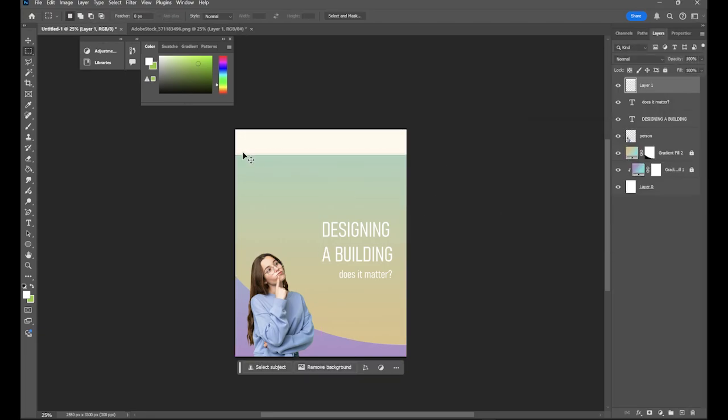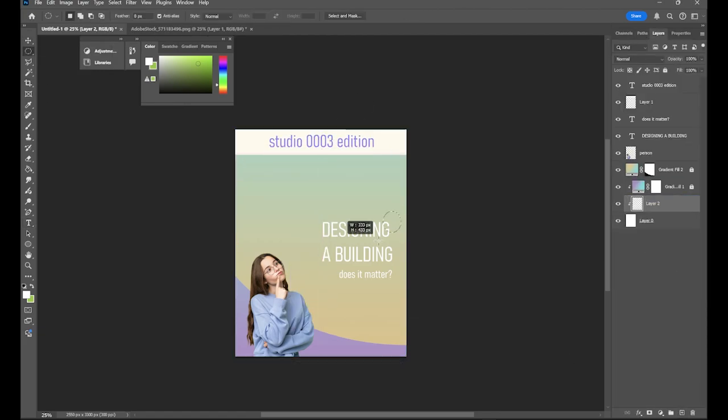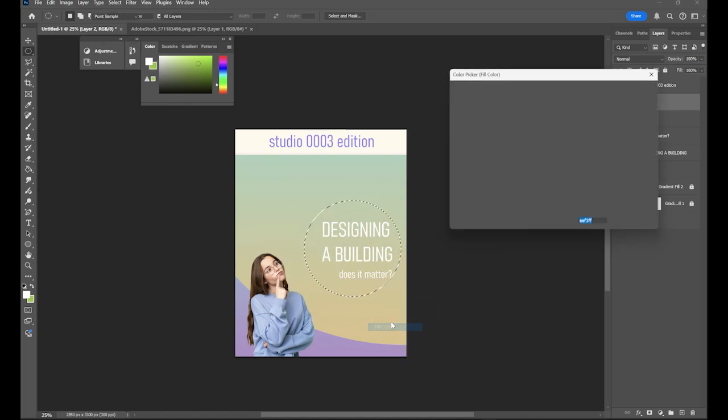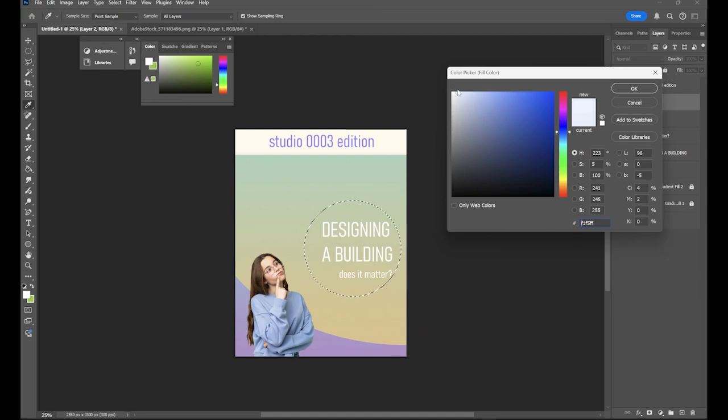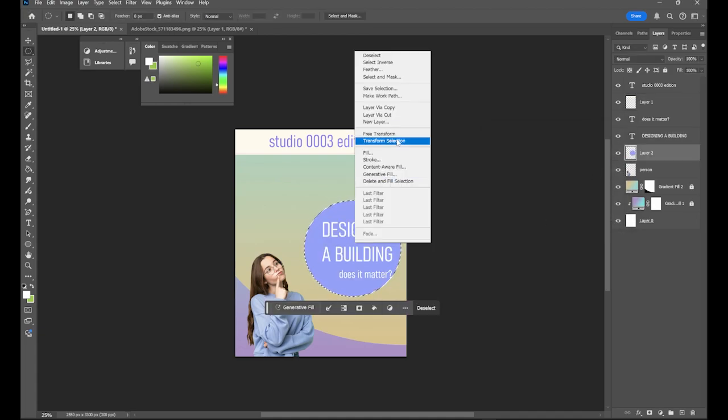And then at the top, I just inserted this rectangle so I could put my course name on here. And again, using that selection tool with the circle, I'm going to put a backdrop for my text. That way it draws attention to the main title of the textbook instead of the studio course name.